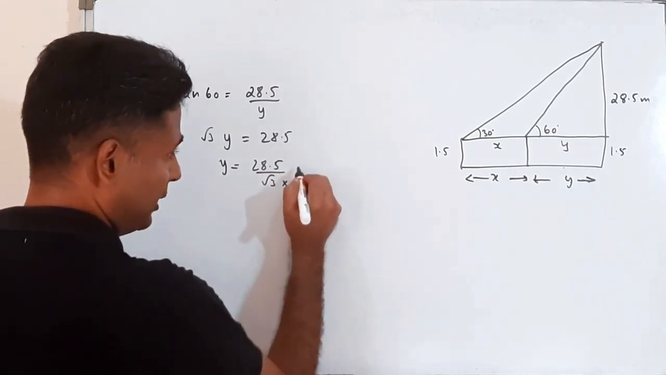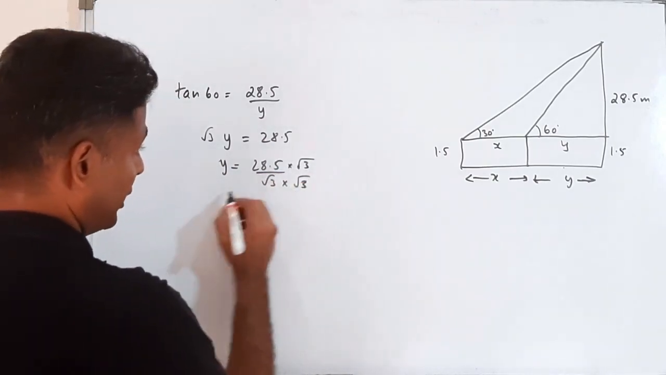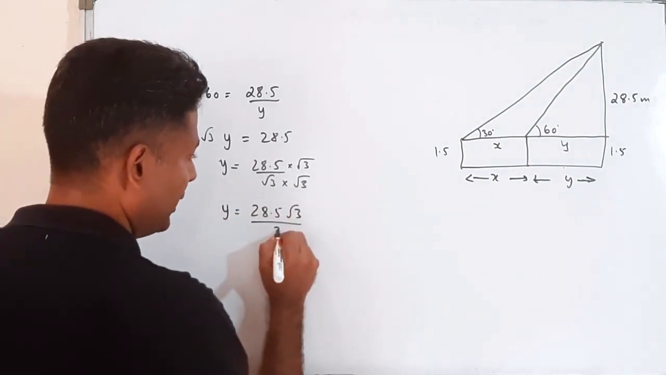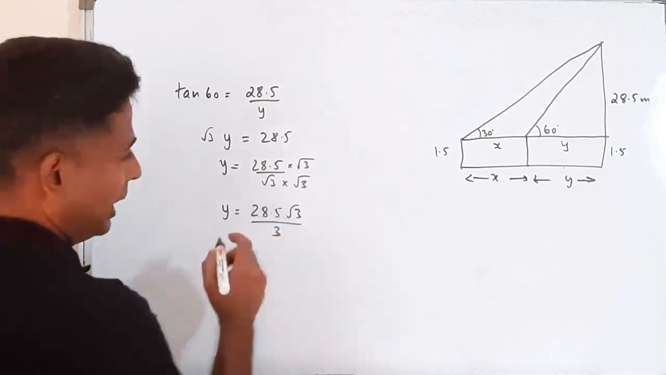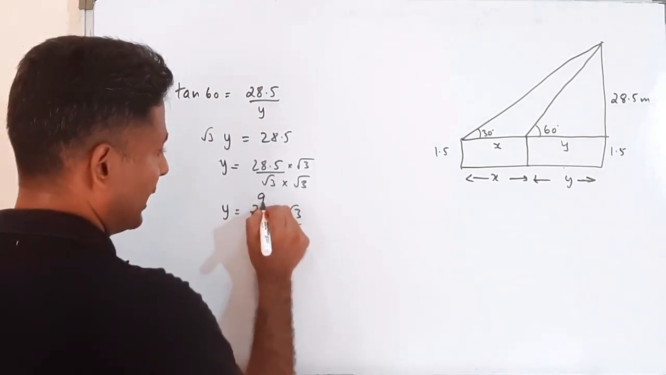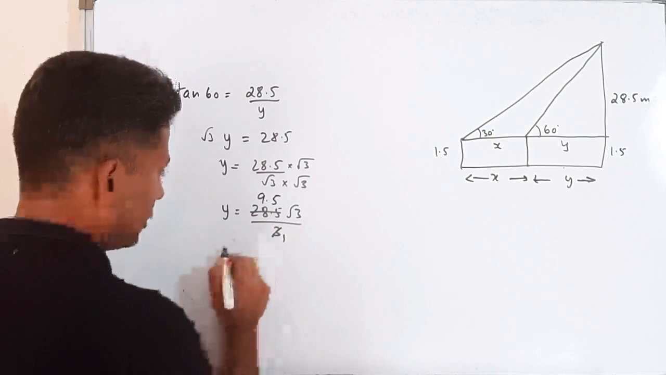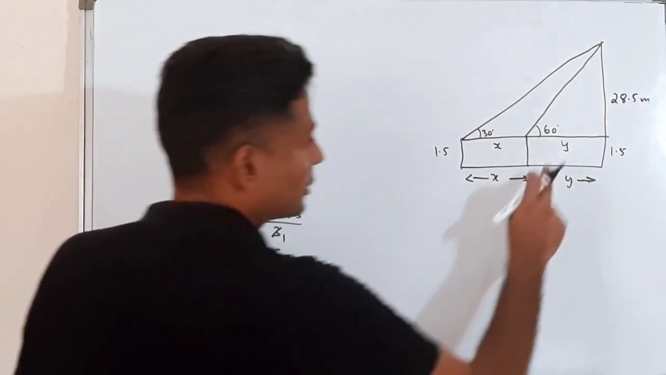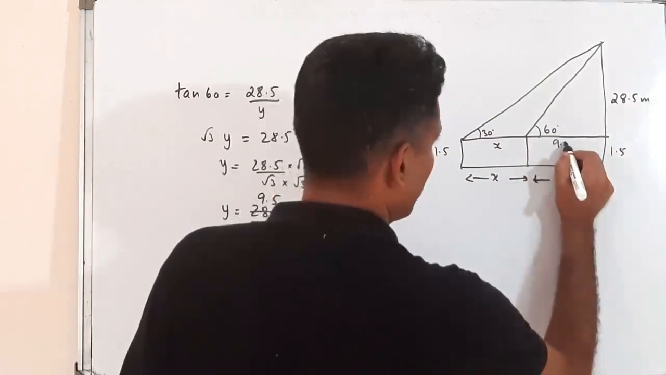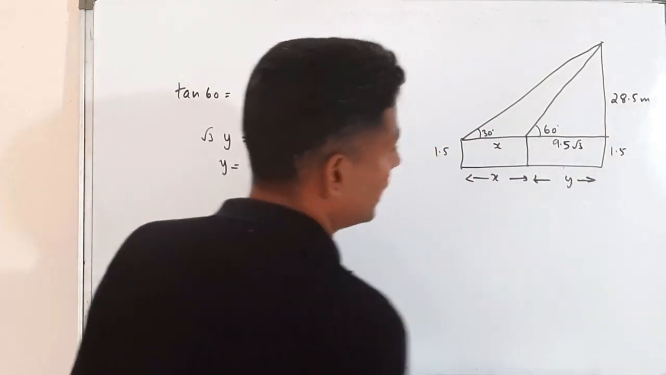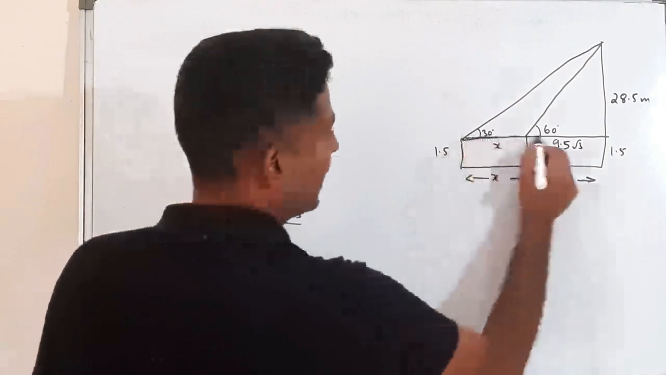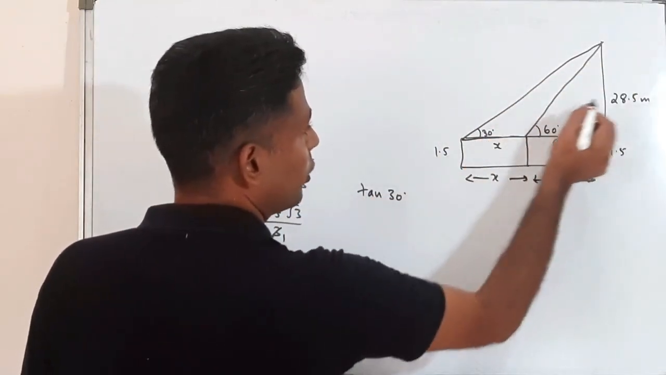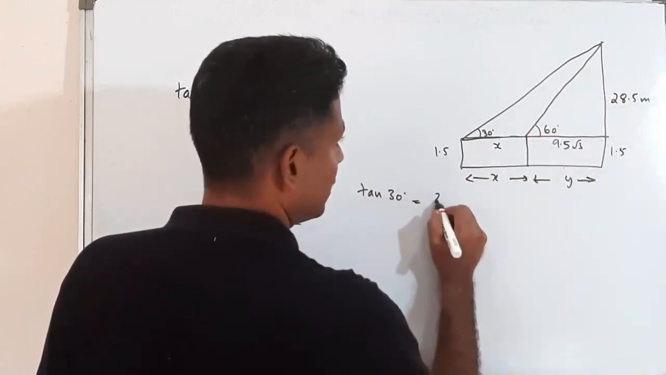Rationalizing the denominator, into root 3 into root 3. So we get y equal to 28.5 root 3 by 3. Now this is divisible by 3. So 3 ones are 3, 3 nines are 27, 3 fives are 15, so we get y equal to 9.5 root 3 meters. Now taking this entire triangle, we have tan 30 equal to opposite by adjacent, that is